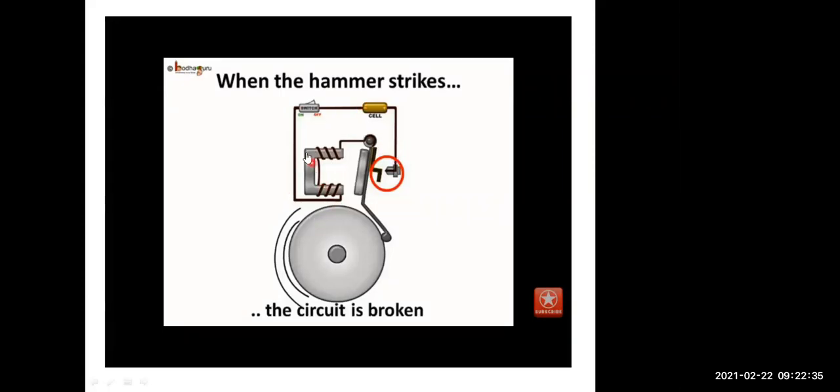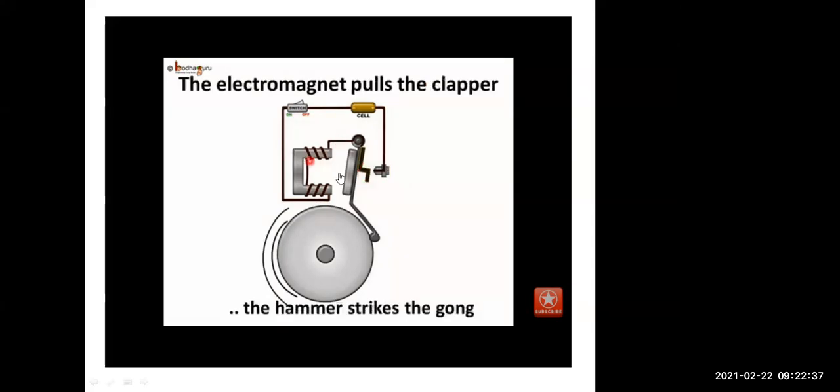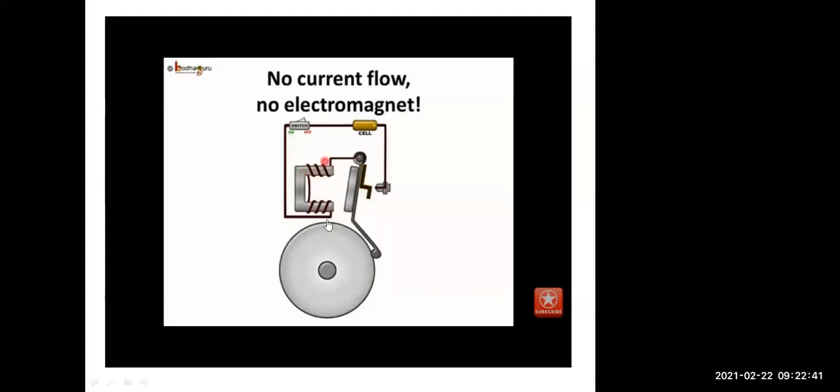The coiling of the wire is done over here. When the current passes, this part starts behaving like a magnet, because of which this bar comes near to this part, and automatically the hammer gets struck over the gong, and because of which the sound is produced. Okay. So this was a short application that we have learned about the doorbell.